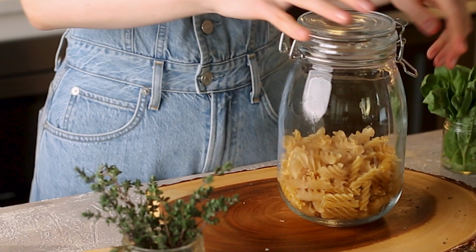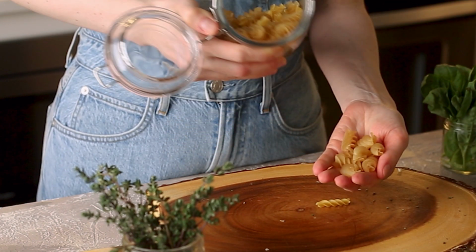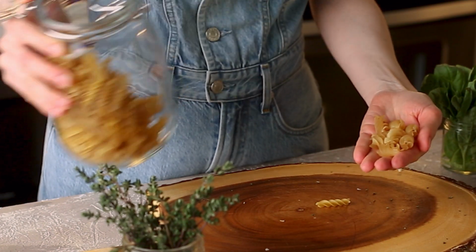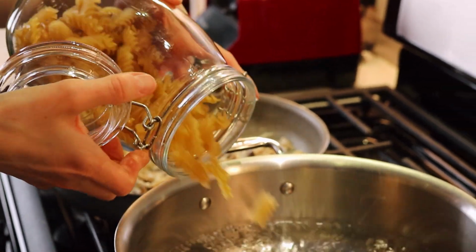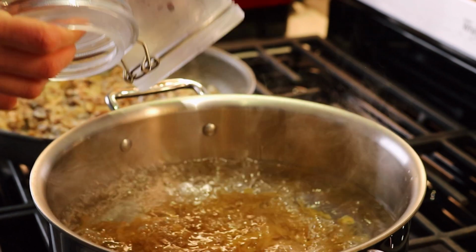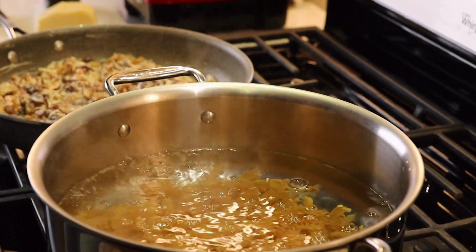The water is now at a rolling boil, so it's time to add the pasta. I'm using quinoa fusilli today, but feel free to use whatever pasta you have. I'm going to cook it for about 7 minutes instead of the recommended 9 minutes. I want it to be al dente and still a little bit chewy, as it will finish cooking with the